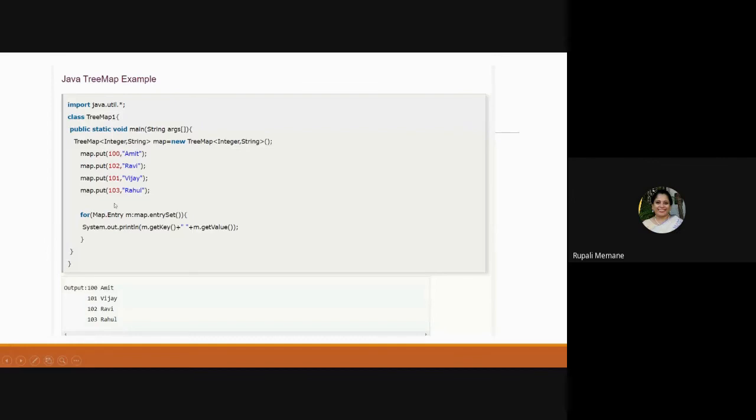The output will be sorted. So 100 will be first, 101 second, and so on: 100, 101, 102 and 103. Why? Because it is a tree map. So when you are inserting, it will already be stored in ascending order, because we are using the TreeMap class.